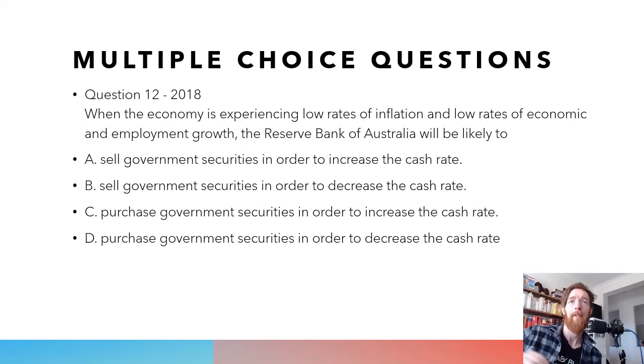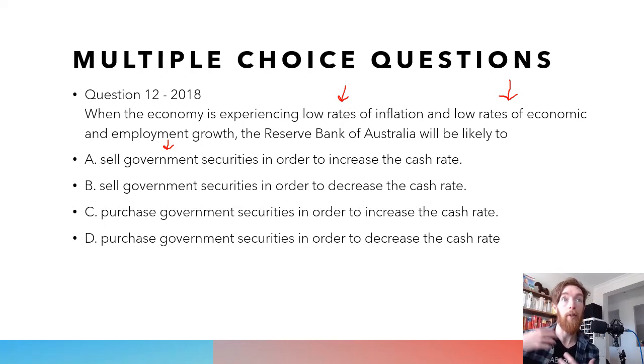So looking at this, thinking of our goals, so you'd already be thinking, well, low rates of inflation, that is then potentially below the goal. Low rates of economic growth. Whenever they use the word low, you're assuming it's below the goal. And weak employment growth, that's going to be bad for full employment. So these are all bad. None of your 3 domestic economic goals are being achieved.